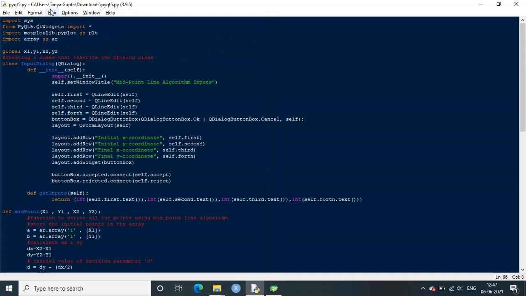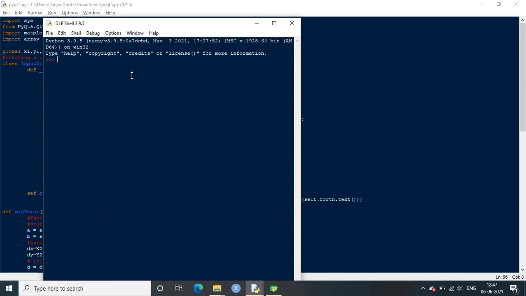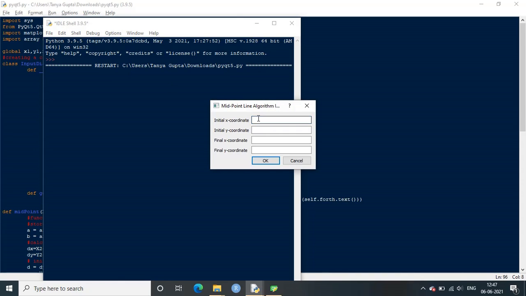Now we again run the program to see what happens if the user forgets to enter a value, that is, if some line edit is left blank. I'll leave the x coordinate blank.